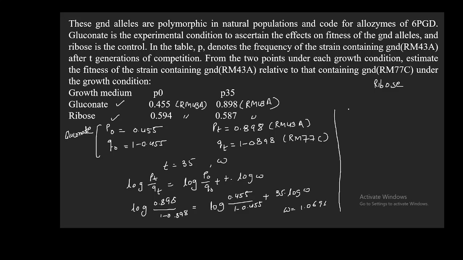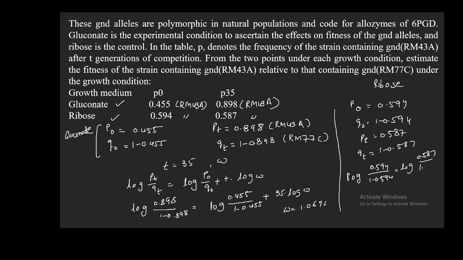Then in the ribose media, you know the P0, which is 0.594. You can calculate the Q0, which is 1 minus 0.594. Similarly, you know the PT, which is 0.587. You can calculate the QT, which is going to be 1 minus 0.587. And if you put these values in this formula, you will get log of 0.594 divided by 1 minus 0.594 is equal to log of 0.587 divided by 1 minus 0.587 plus 35 log omega, and omega you